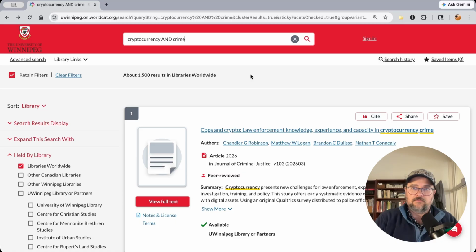While we're thinking about the way that it handles concepts in a search system like this, another thing to keep in mind is about how near or distant your search concepts are. All right. So in this case here, we've got cryptocurrency and crime. Those are relatively near concepts, I would say. There's a sort of logic that draws a connection between the two concepts, so I would call them relatively near. Now, that means that is going to result in still a relatively large set of results like we have here. 1,500 results is still a lot because there's lots of sources that mention both of these things